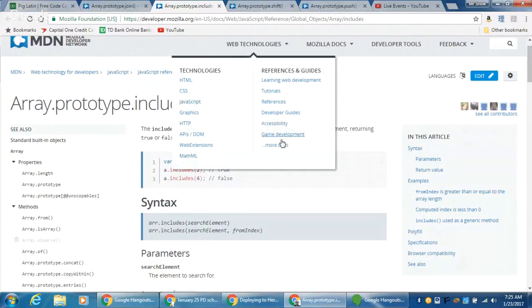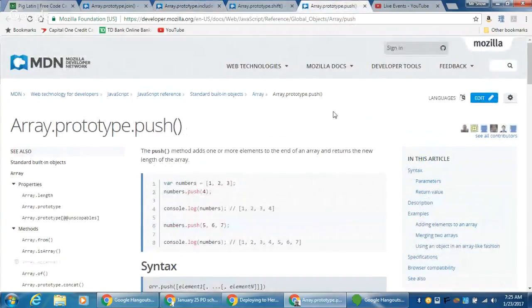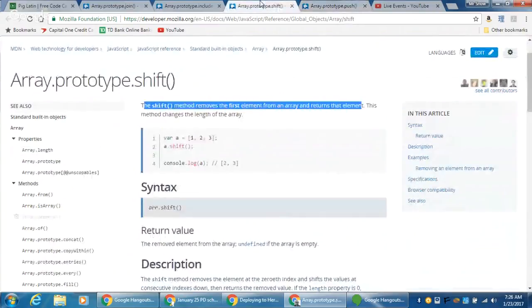These next two are going to be extremely important for our logic. So push we've used before. Push is simple. We have an array. We can push whatever we want to the end of an array. All right, so that's all push does. It just adds an element to the end of an array. All right, and then it returns the new length of the array. But we're not going to be returning it. We're just going to be using it to modify an array, which is going to be an important distinction here